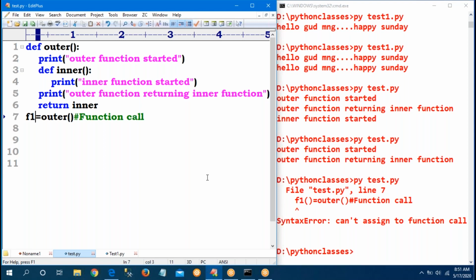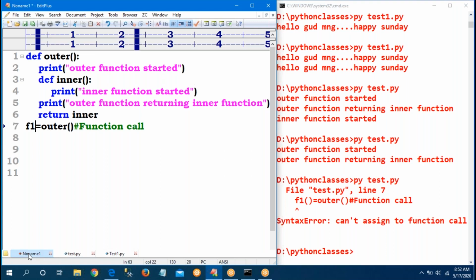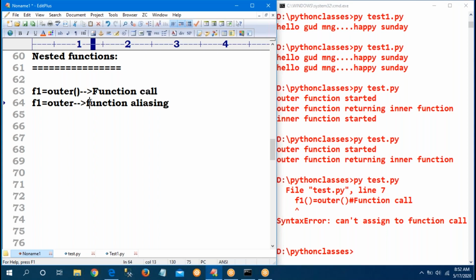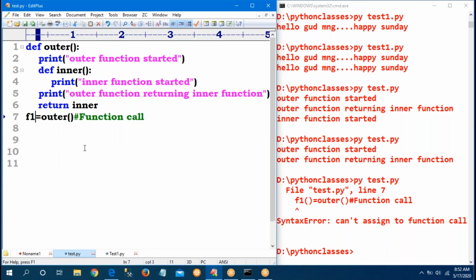Everyone, outer clear? Still any doubt? In the program, outer F1 is equal to outer parenthesis. Am I calling inner? Yes. Just now what I am telling, nested functions. Sir, is it possible to call the inner function outside the definition?